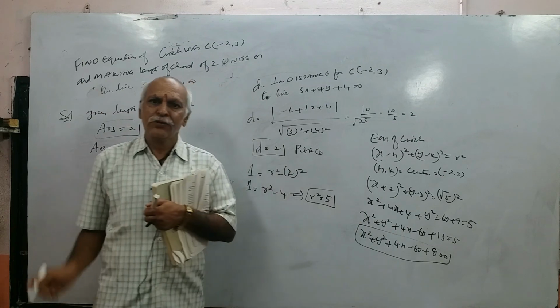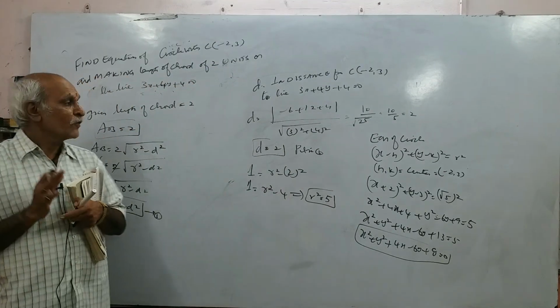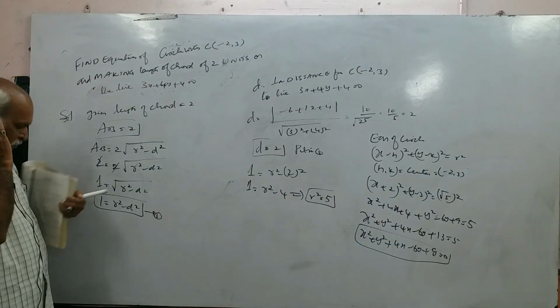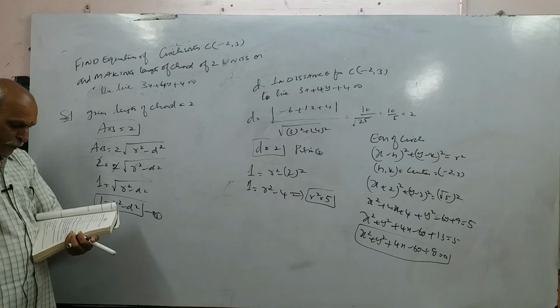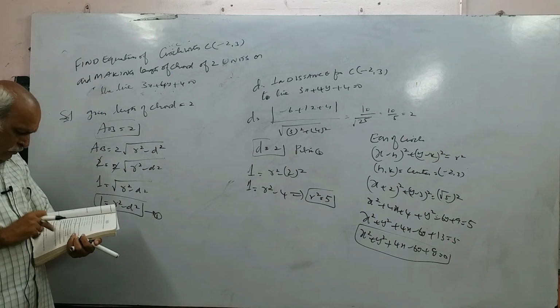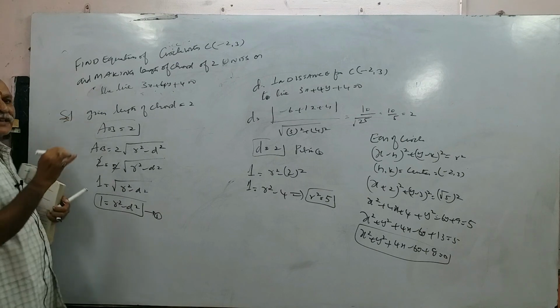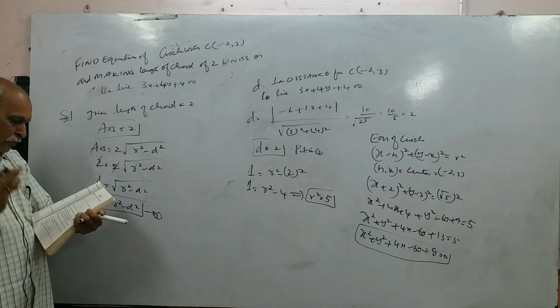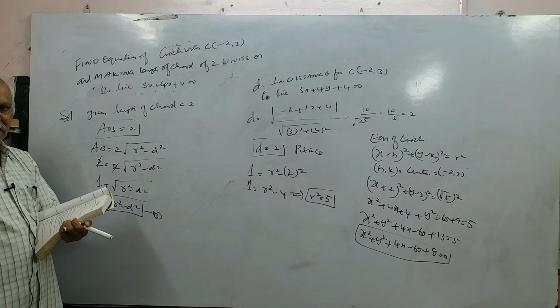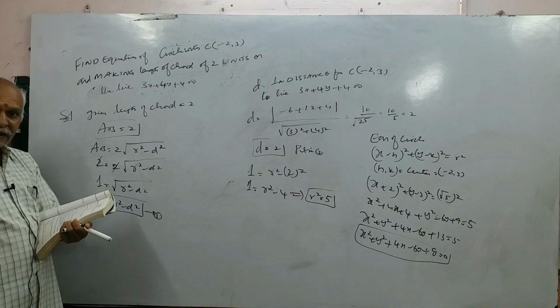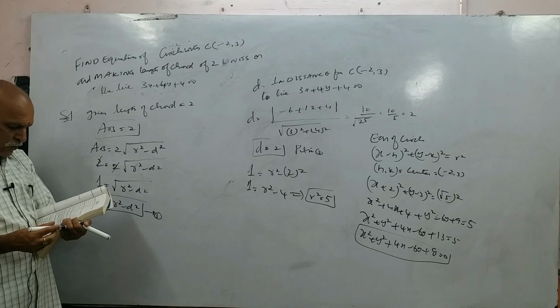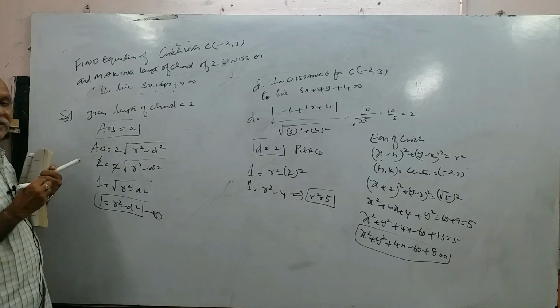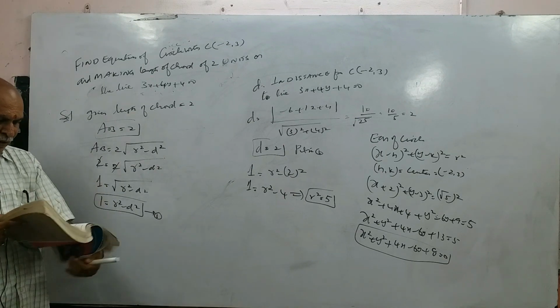Okay, there are 4 problems on the length of the chord, sir. 1, 2, 3, 4 problems. What are the 4 problems? Finding the length of the chord and conditions. These are very, very important, sir. So we have seen the equation of the tangent, the equation of the normal. Then we have seen how to find the length of the chord. There are some more. This is the 1C exercise, sir. Everything we are doing is in the 1C exercise. Okay, we'll continue in the next class.